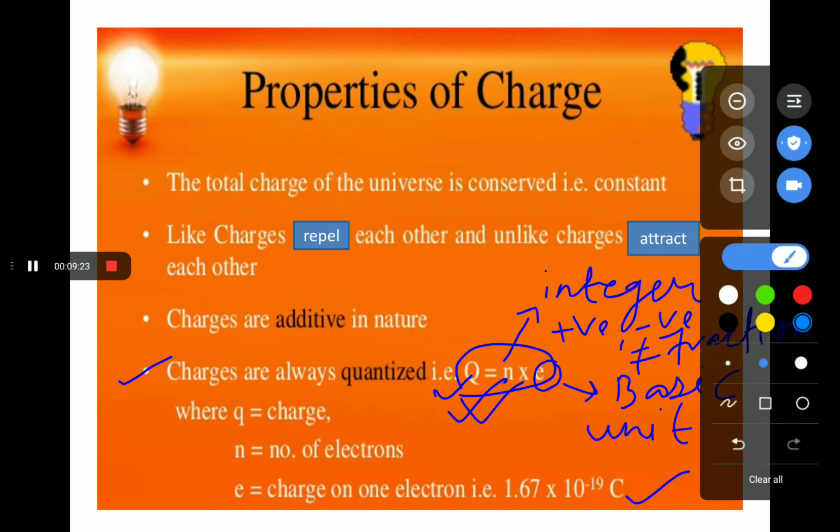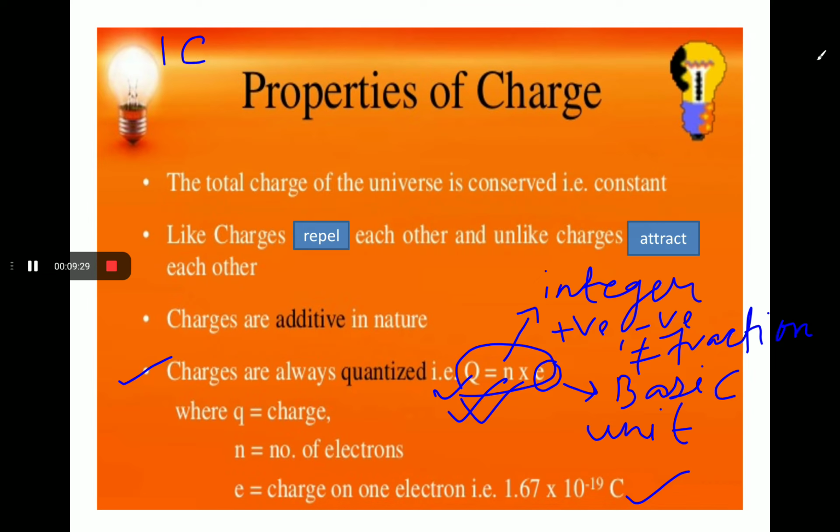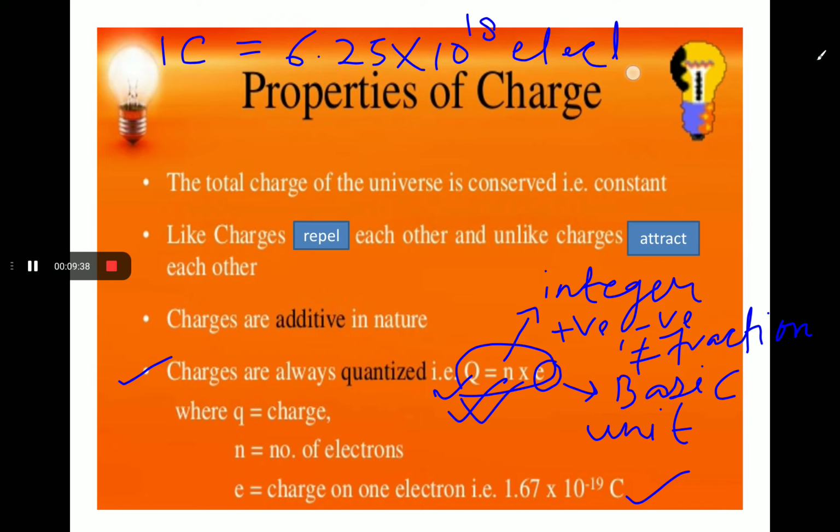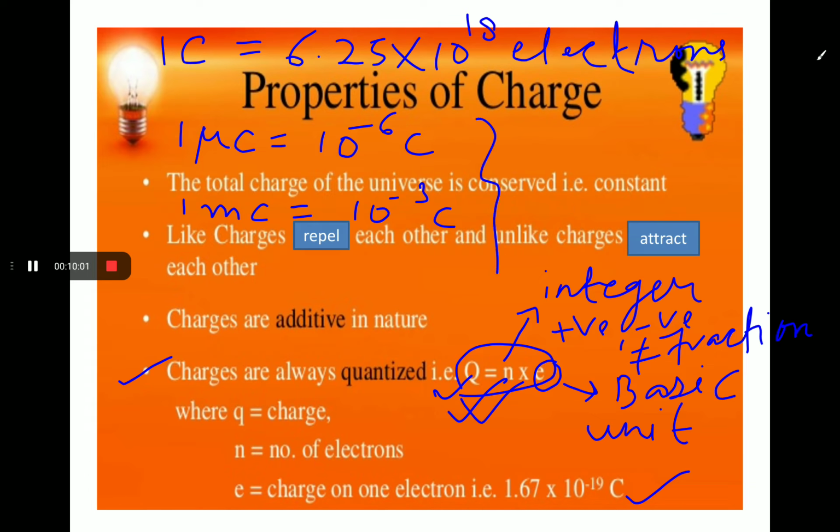Students, the very important point here is that a single coulomb of charge contains nearly 6.25 × 10^18 electrons. Particles do not have high magnitudes of charge, so we use microcoulomb or millicoulomb. There is a conversion: 1 microcoulomb is equal to 10^-6 coulomb, and 1 millicoulomb is equal to 10^-3 coulomb. These are the two conversions you have to remember. Okay. Now, in the next slide,